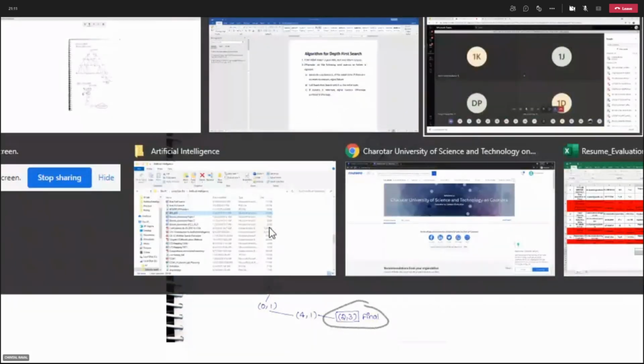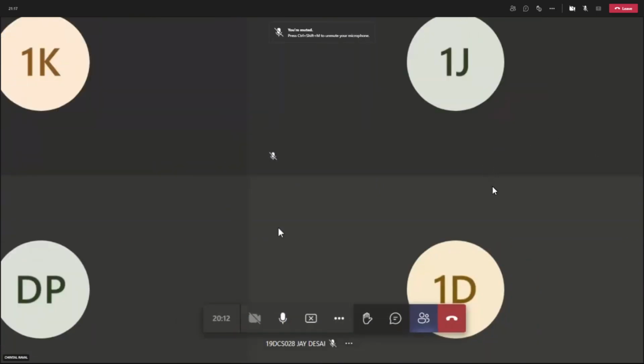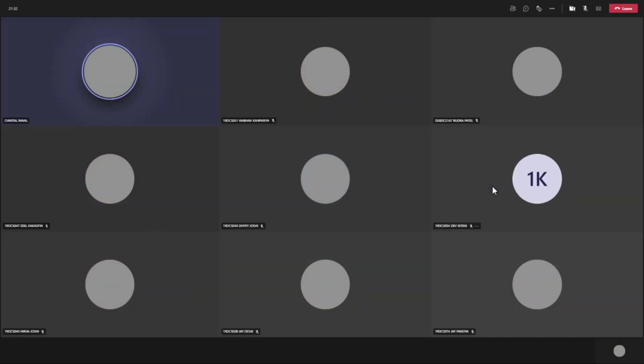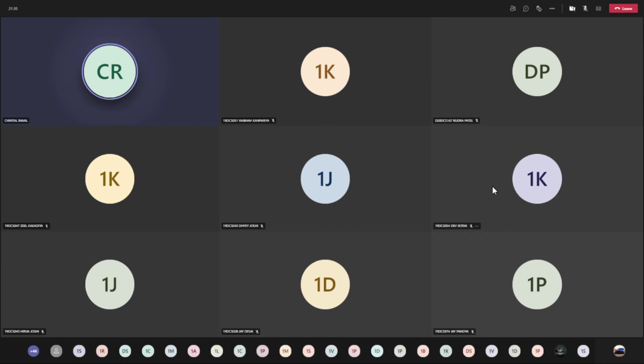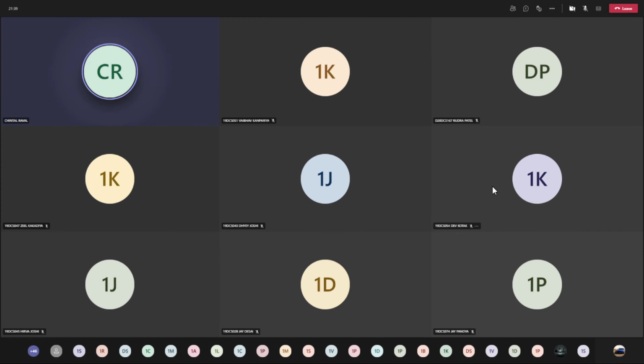Are you clear with this? Because you need to write code for this in your next lab, on your own. The faculty is not going to teach you how to code. I will teach the method here, the way in which you can do it. We will teach the steps of the algorithm, but the code you have to do on your own. Done? Clear with these 2 algorithms, students? Breadth first search and depth first search. Does anyone have any doubt?